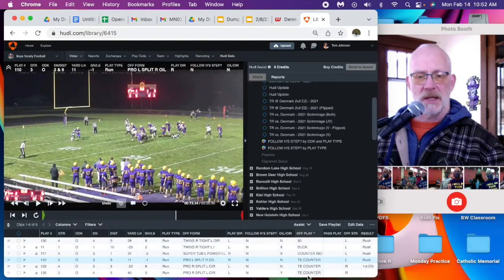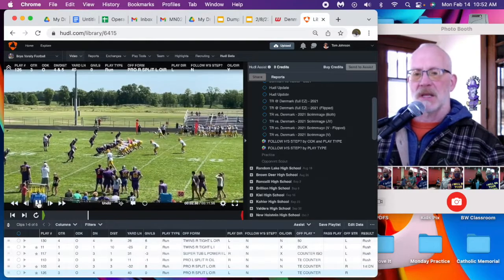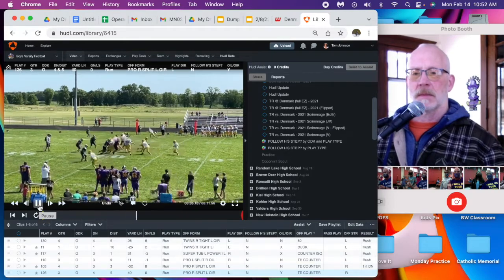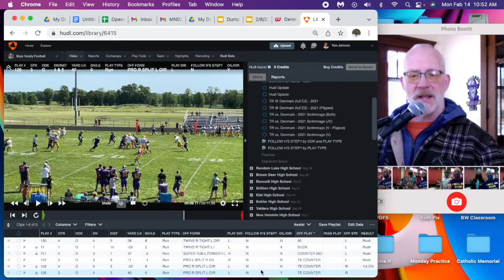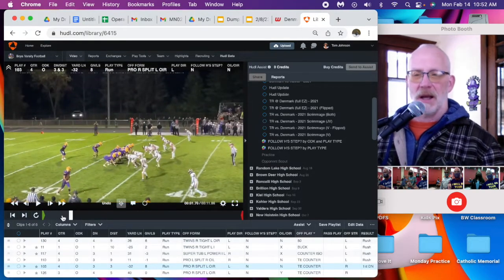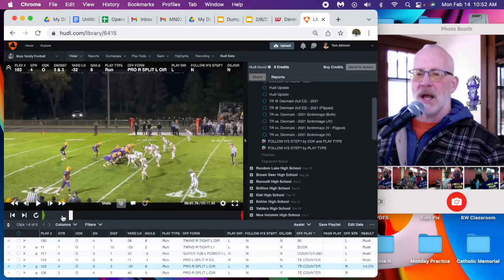I'm going to show you the other one. This is against you guys in the scrimmage. You're going to see the fullback go this way, and you're going to see the end and the tackle go that way. And then you're going to see one against us. Really, the only play that they had that was successful going away from their fullback. And that's because I think this is